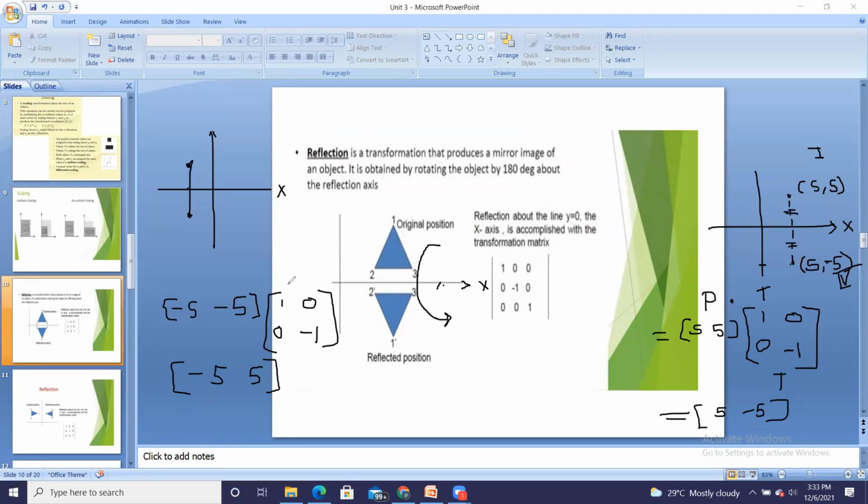So always remember, reflection along the x-axis will change only the sign of y. Magnitude remains as it is. So this is your T matrix for x reflection. Similarly, can you tell me the T